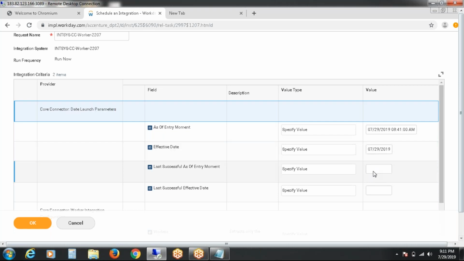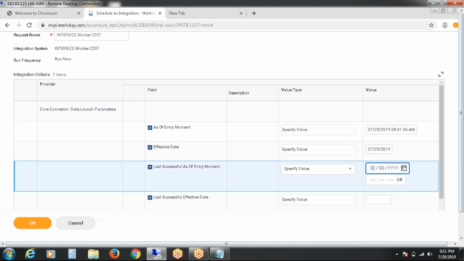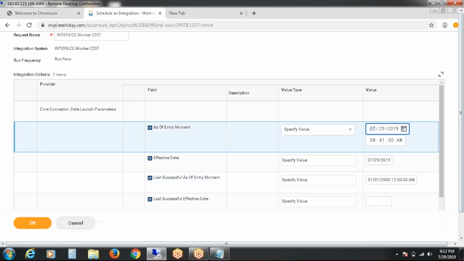So as of entry moment, see, the last successful date what I am going to give is January 1st 2002. So here what I am going to do, December 31st 2001.